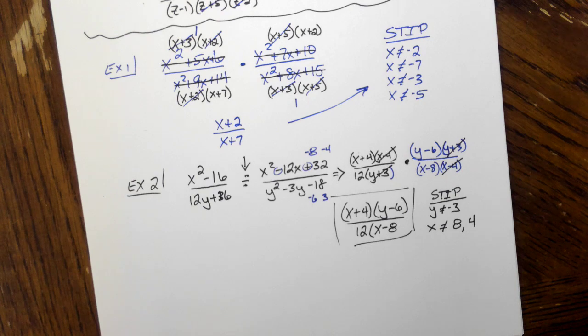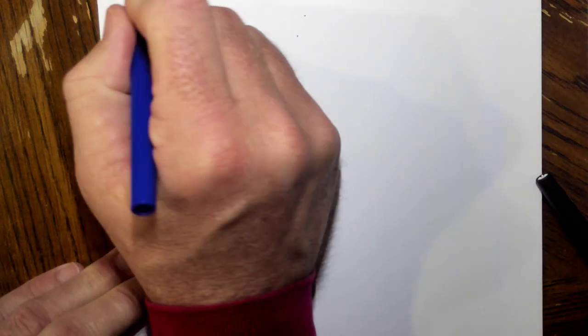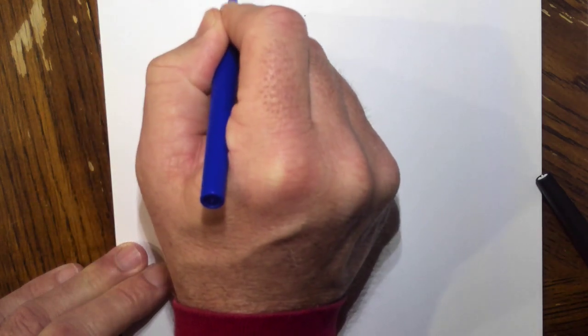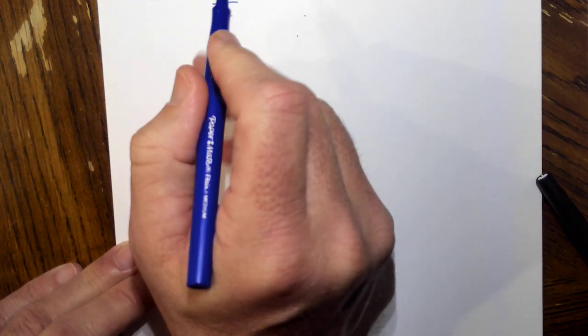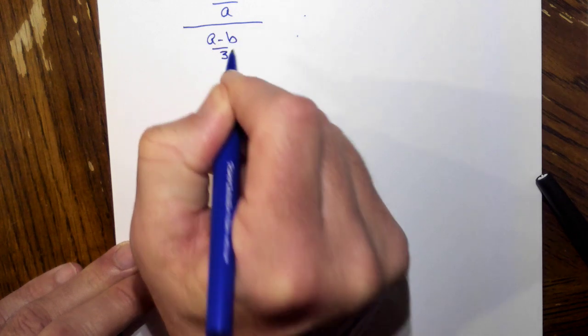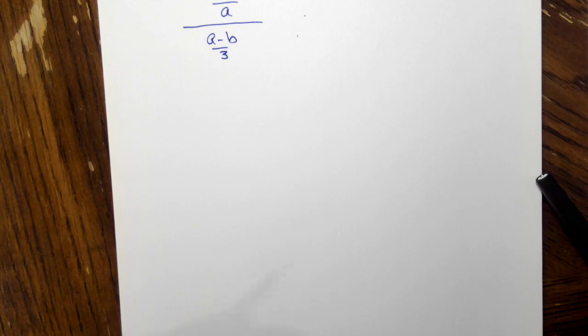All right, one more example for this lesson. So this example will then give us something that looks like this. B minus A over A, all divided by A minus B over 3. So, looking at our problem before we freak out, we have